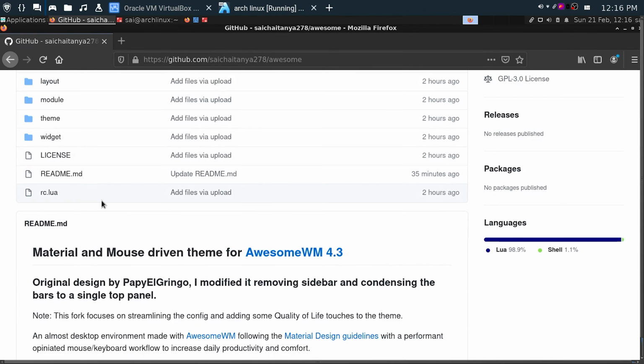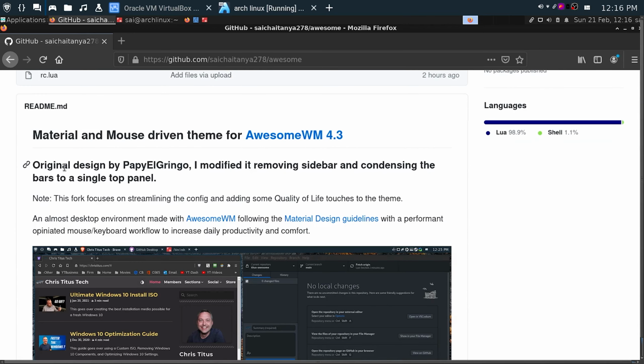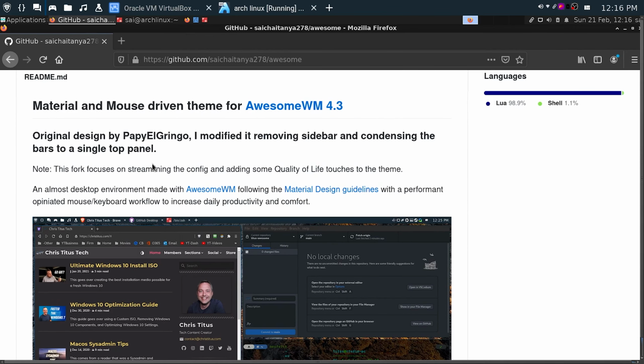Scroll down. You can see this project was originally designed by Papi Lingo, and then the YouTuber Chris Titus cloned this project and made some changes, like moving the sidebar to a top bar. You can see the top bar here, where I'm using workspaces.